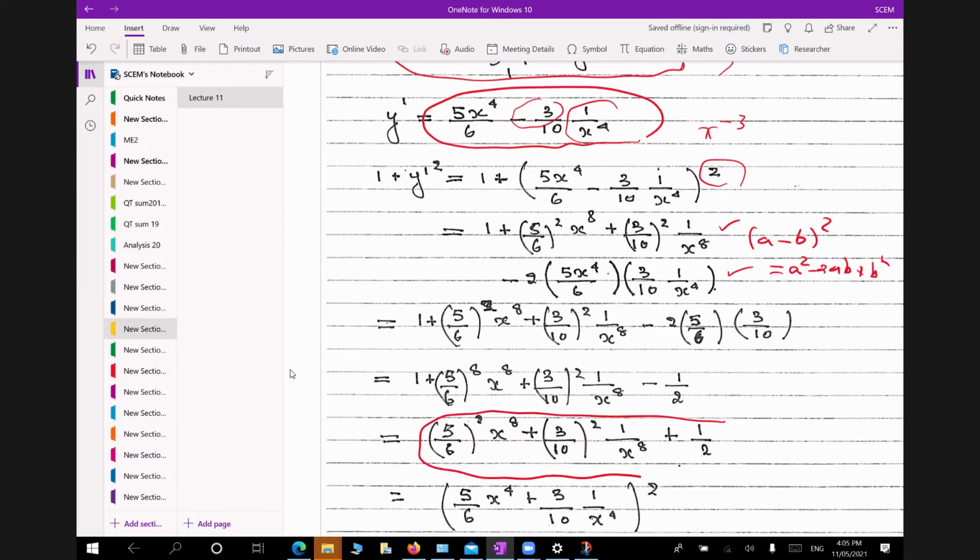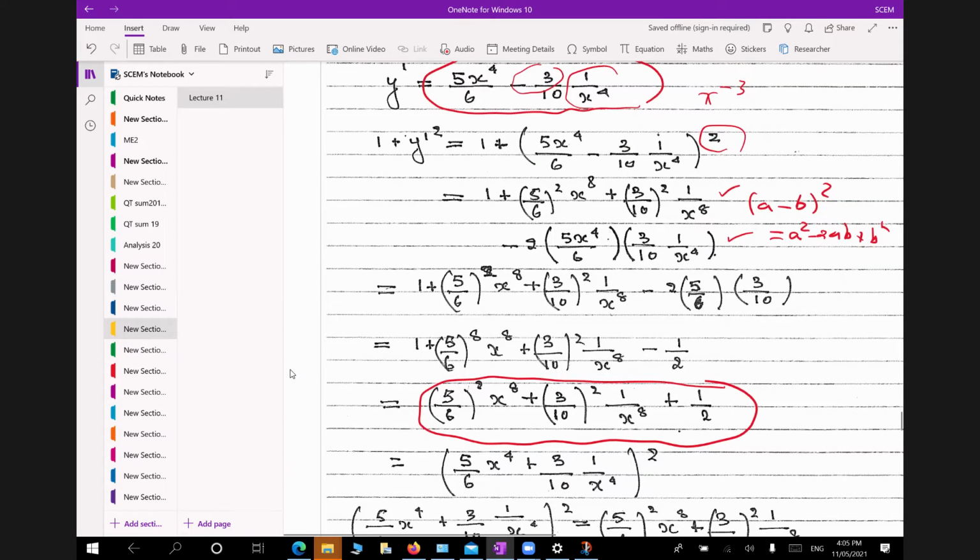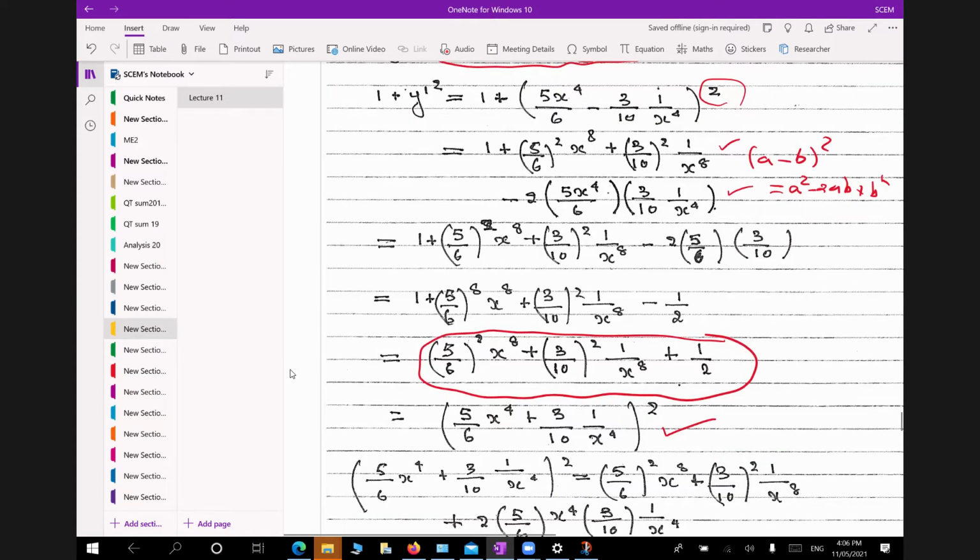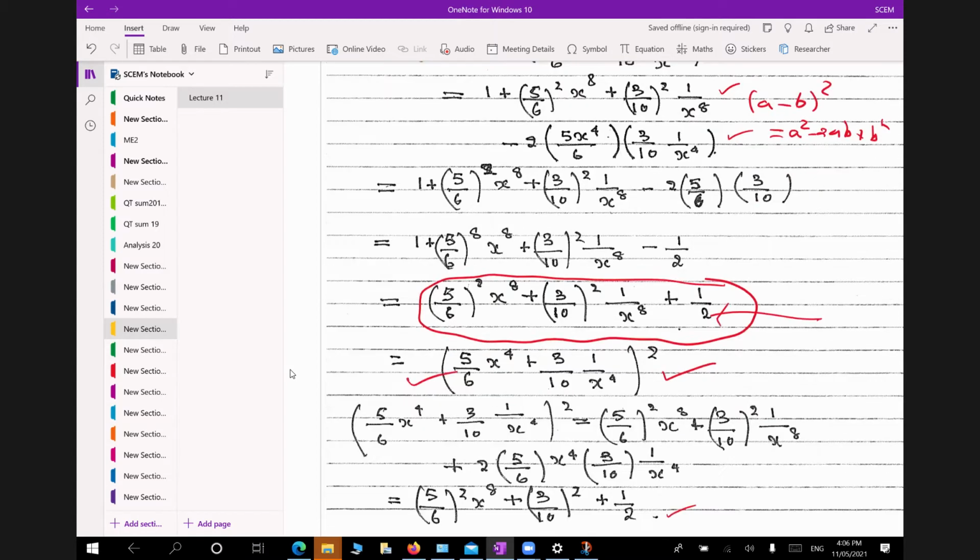And that's a perfect square. Here I have checked it out for you. If you square this, you simply get this, you retrieve this. So all what we have today is the square root of a perfect square. If you take the square root of this, which is exactly the square root of 1 plus y dash squared